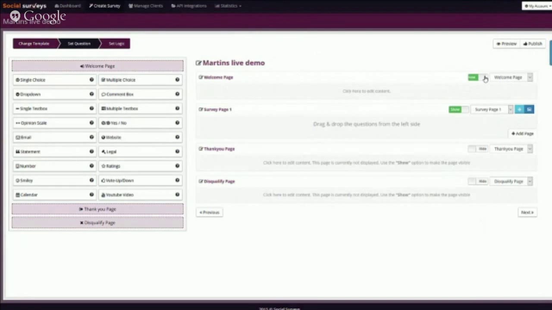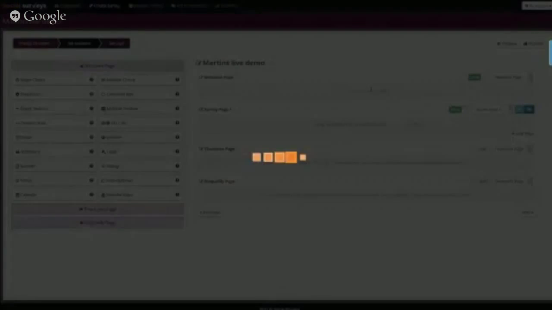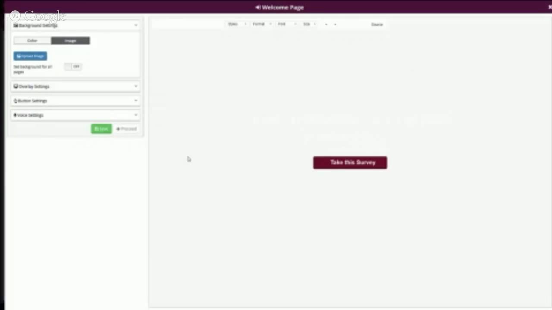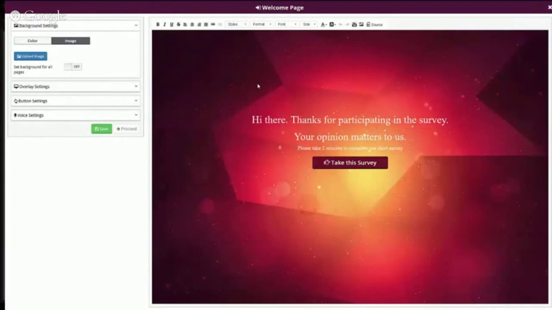You can turn off and on the welcome page. So welcome page would just set the tone for the survey. I'm just going to turn that on to give you a demo of it. And we click edit. It loads up our WYSIWYG editor, so it's got some default text here, and they can just